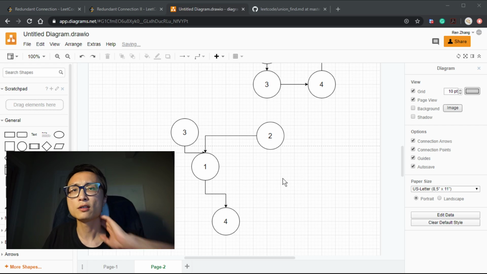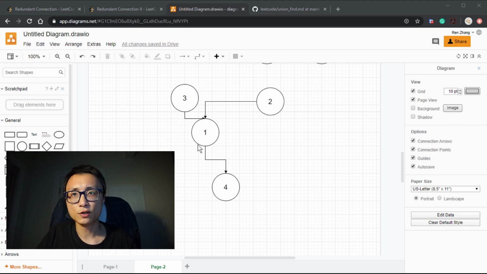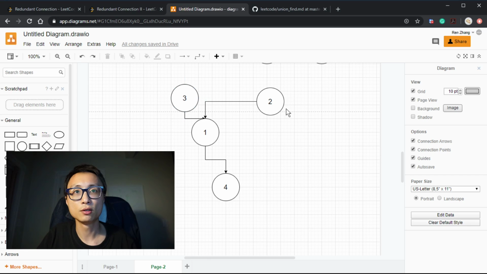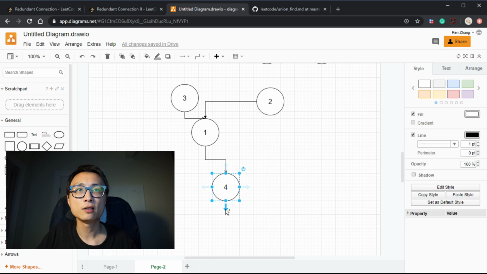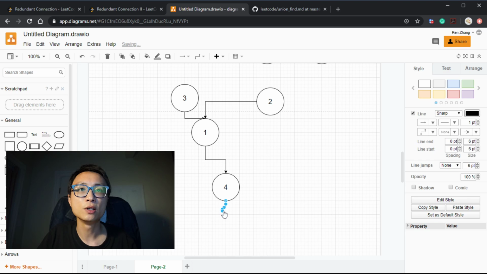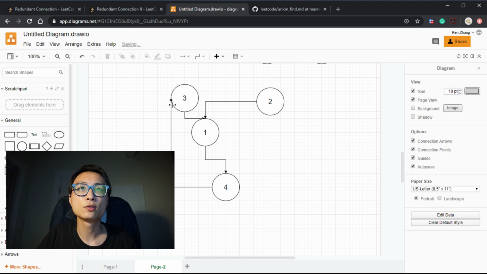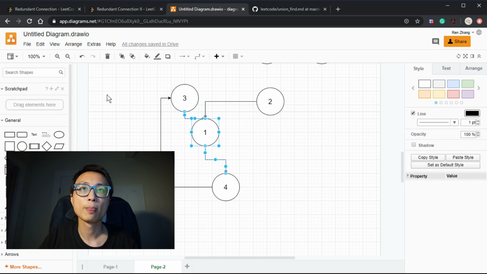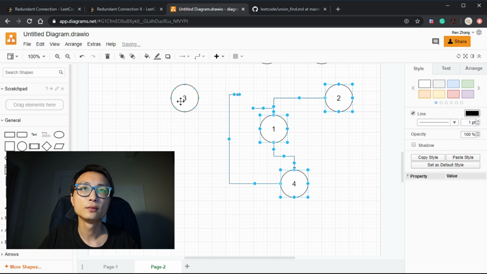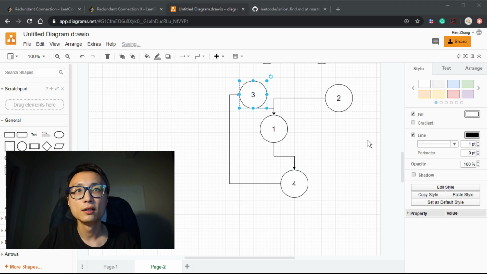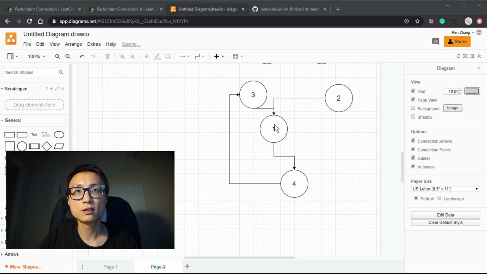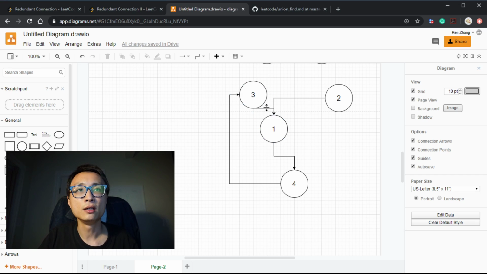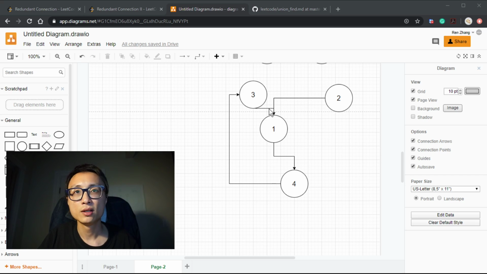Yeah, just like this. So this will be the first case. Two nodes trying to claim the same node as child. There is no cycle yet, so we can add a cycle by maybe connecting 4 with 3. So this will also introduce a cycle. Notice that in the case that we have both the cycle problem and the 2 parent problem, we want